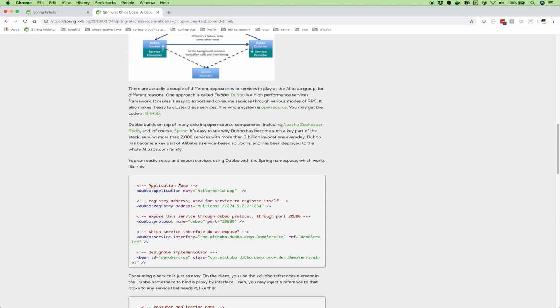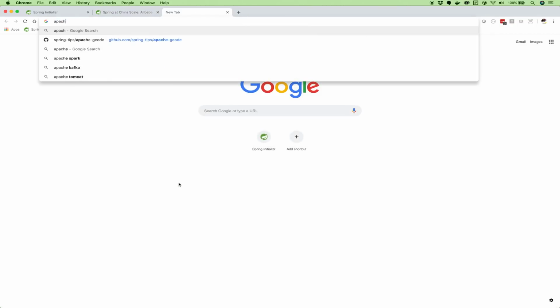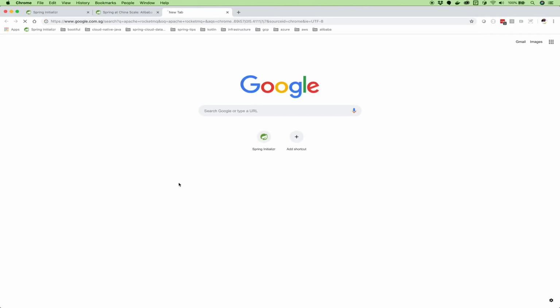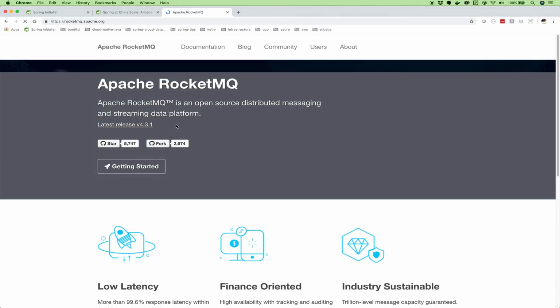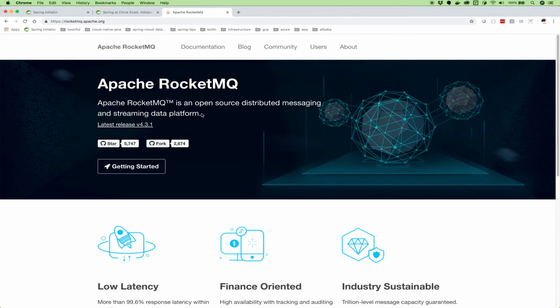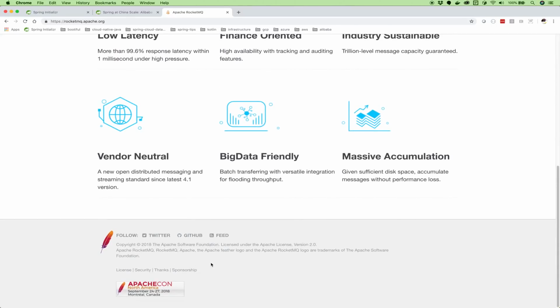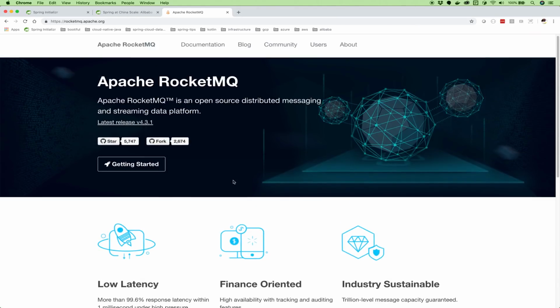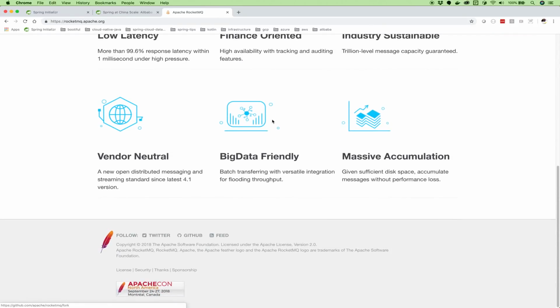Now, we're going to talk about Nacos and Sentinel today. One thing that we're not going to talk about today, because it's just not quite there, is Apache RocketMQ. RocketMQ is the open source messaging platform that Alibaba built up years ago, right? This serves their use cases. It still serves their scale and their use cases, and it does so at, forget about web scale, China scale, right? This is actually a project that I think it would be very interesting to look at.